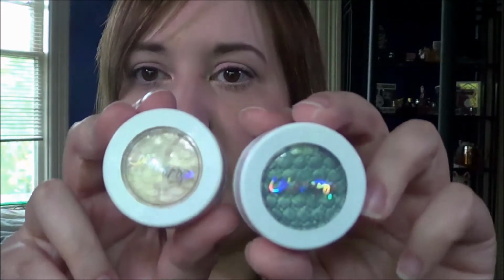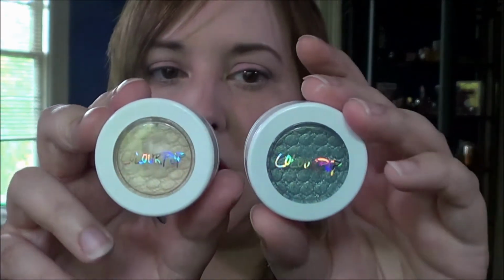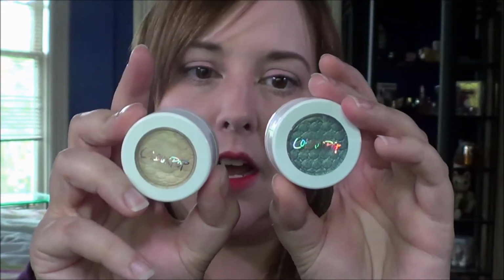So I had quite a few eye products, and sorry if I'm looking off to the side like that. I'm looking at my list to make sure that I actually get everything. So the first two eyeshadow products that I used were the ColourPop ones here in High Tide and Sugar, and